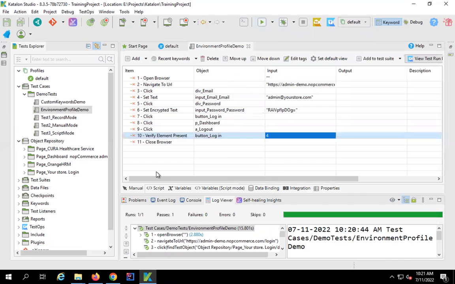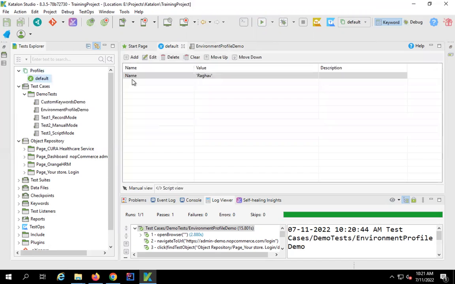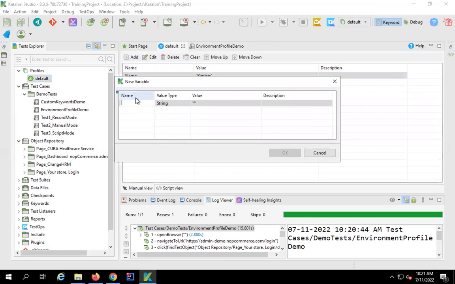Now, let us say in this test case, there are three values which are dependent on environment or which will change with environment. Let's say the URL, the username, and the password. These three values will change with environment. So if I try to run this on a different environment, it will fail. So for all the values that are dependent on environment or change with environment, we will create variables under the profiles. I'll go to the default profile